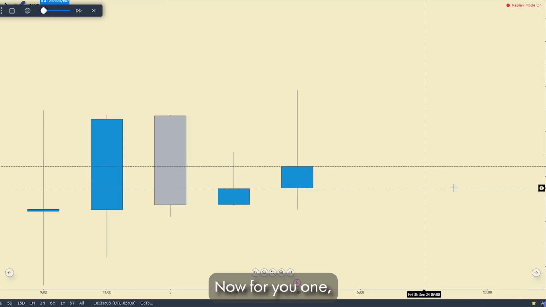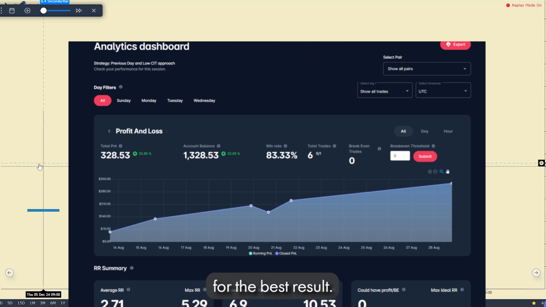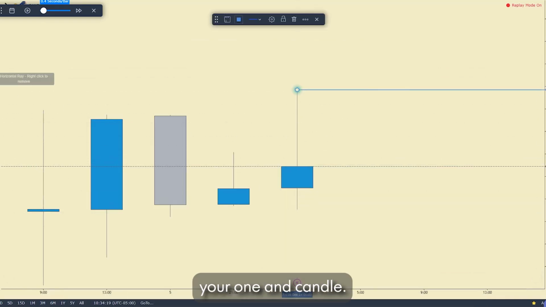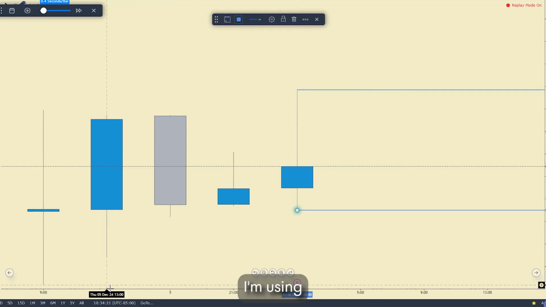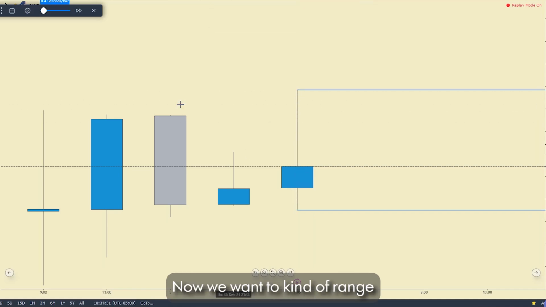Now for your 1, 5, and 9 sequence, you want to make sure that you're usually trading this on a news day for the best result, and you want to make sure that you mark out your 1 AM candle. And as you can see, I'm using our UTC-5 zone. This is just because of daylight savings, but on normal time frames, it would usually be UTC-4. Now we mark out our candle range